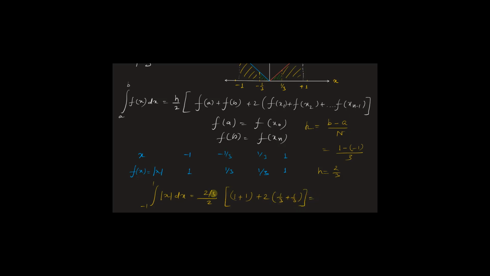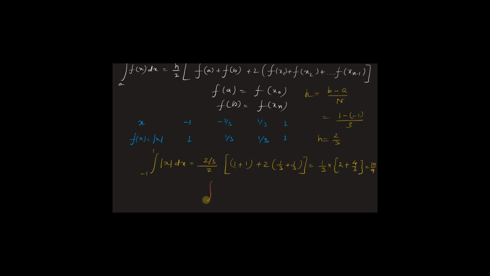So this is equal to 1 by 3 multiplied by 2 plus 4 by 3, and this value will be equal to 10 by 9. Therefore the integral from -1 to 1 of modulus of x dx using the trapezoidal rule is 10 by 9,